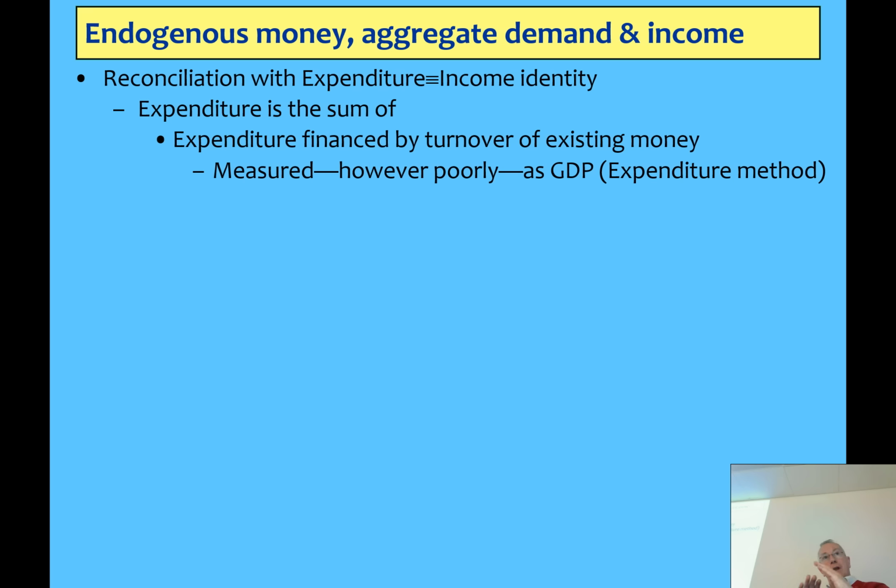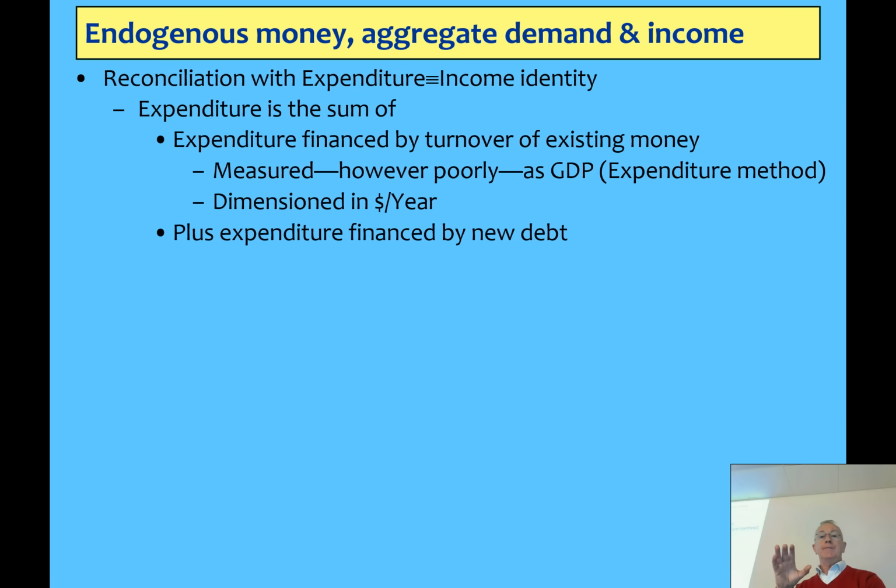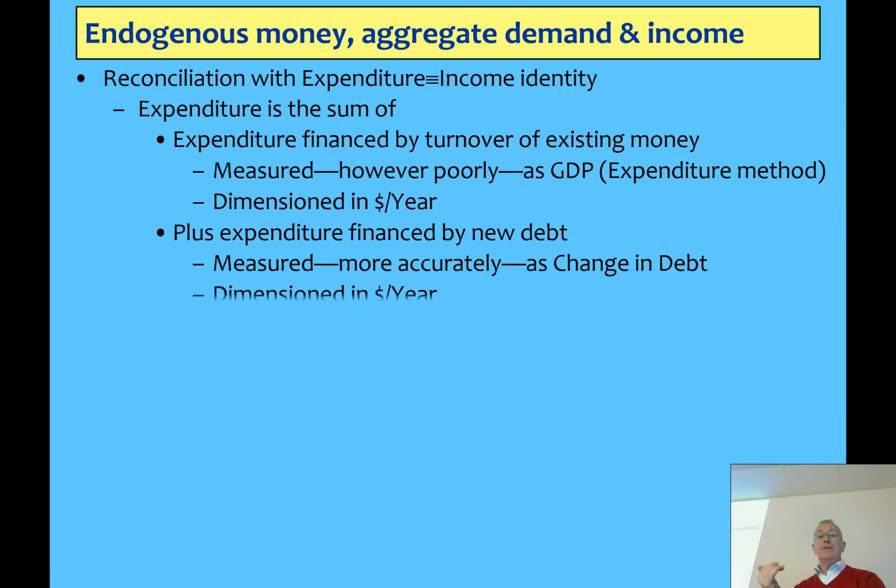You can take GDP, the measurement of GDP now, as being a measure of the turnover of existing money. Add in the change in debt at that point, that's your total demand and income. Okay? So you can add income to the rate of change of new debt. And part of the hint that you can do this is dimensionality again, which is why I say it's very important to learn dimensional analysis, which engineers know very well. Your GDP is measured in dollars per year. Your expenditure in new debt is also measured in dollars per year.